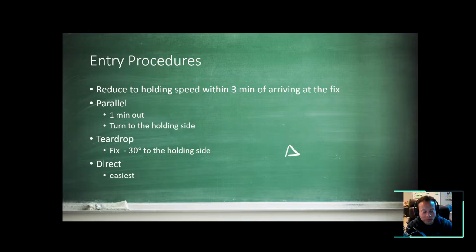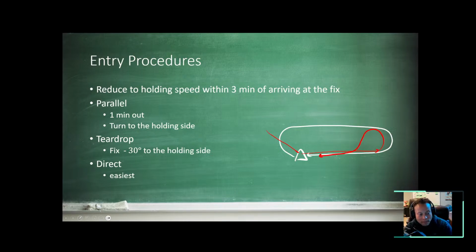We'll draw them here in a minute. So when you go parallel, I'm going to draw a hold real quick. I'll draw this in red. When you go parallel, what you're planning on doing is coming in, hitting the fix, and then flying a route parallel to the inbound leg for a minute, and then turn towards the holding side, and then come back and intercept the inbound leg. Now your teardrop maneuver, it's going to be in blue, will go to the fix and fly a teardrop